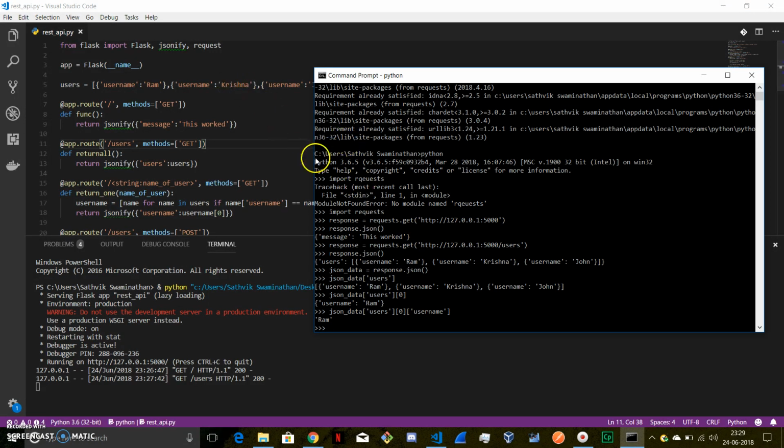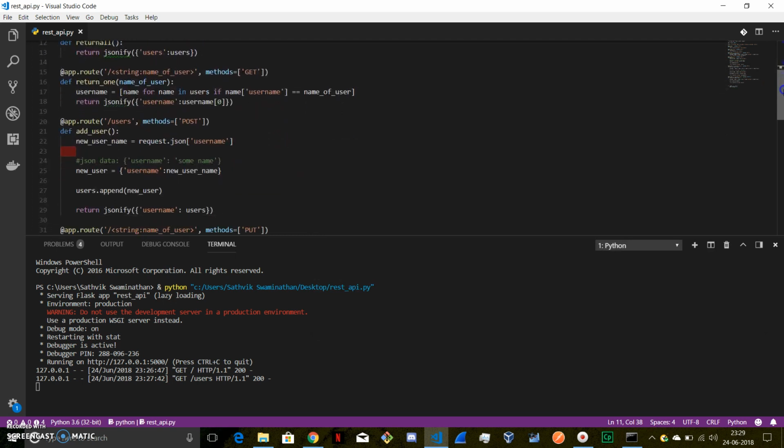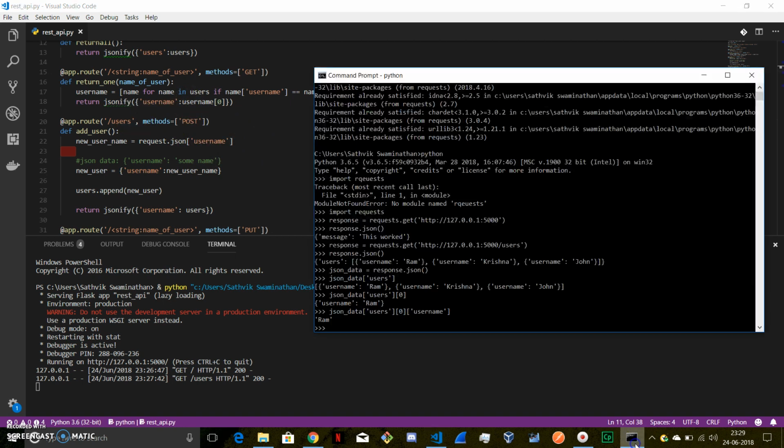Now let's try making a POST request. So while you're making a POST request, you'll also have to send some JSON data other than just making a request to the URL. So let me make a POST request to this users endpoint, and in the JSON data, I'll have to send one more username which I want to add to this list of users. So let me change this to